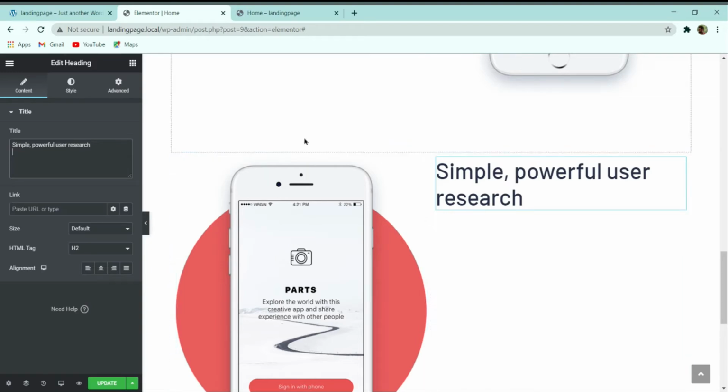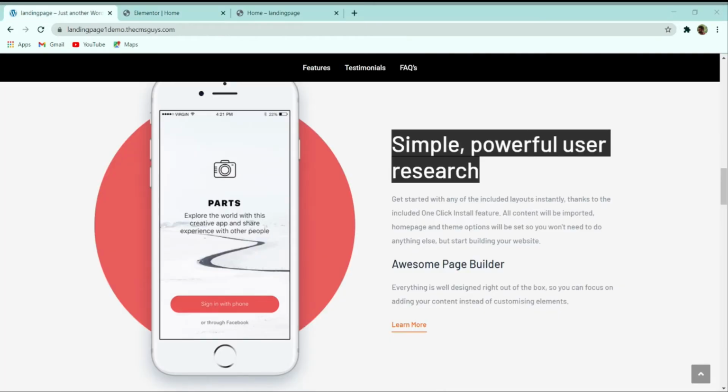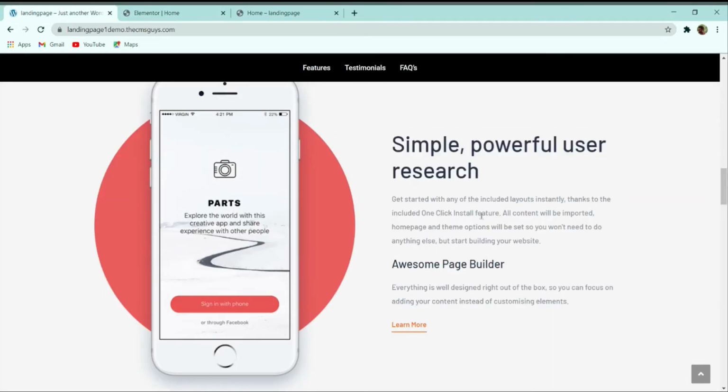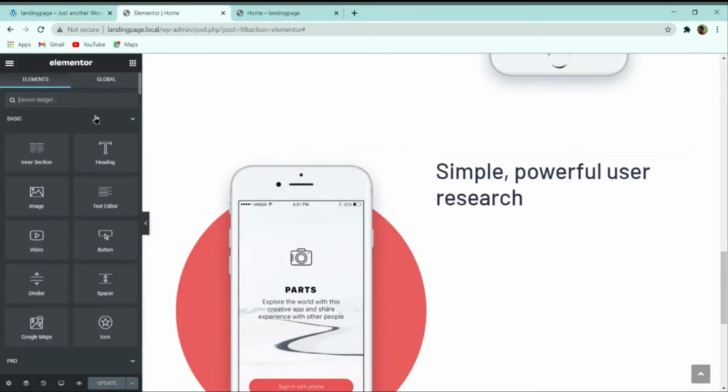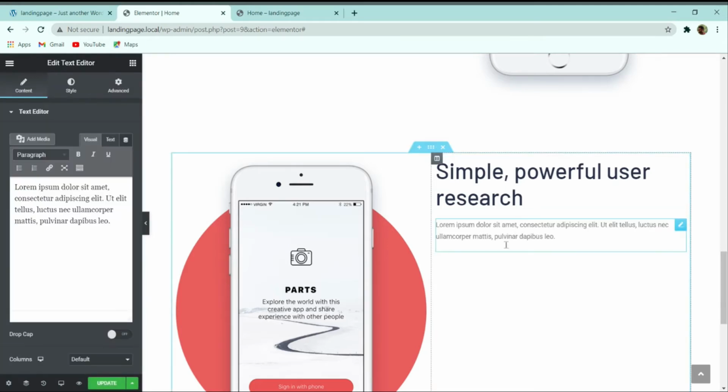So here you can see that this heading is changed. Now I have to make this text a paragraph. So again I can select this, click on this nine dot, and here I can select this text editor and simply drag it under here.